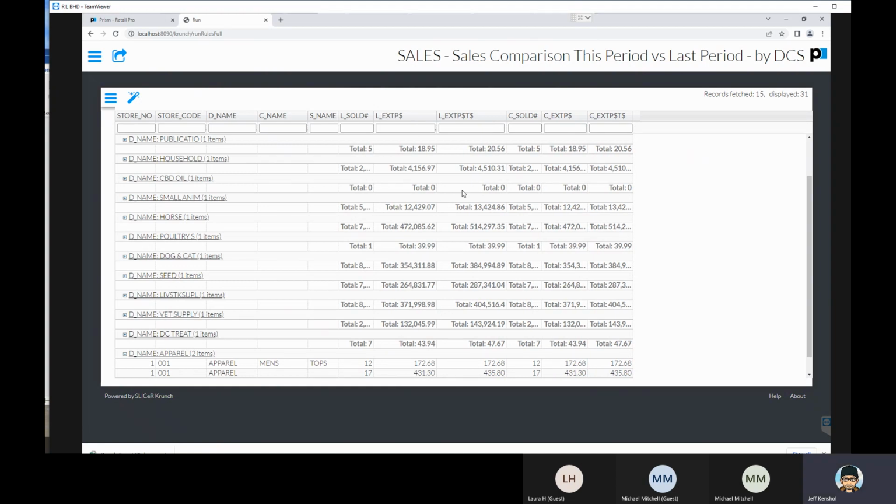So this is showing the, right. So I'm guessing that this is grouping it by department, apparel, right? And in my crappy data thing, I have two departments. I have basically just apparel and apparel men's tops, right? So if we had a better DCS structure here, we would have multiple DCSs under one master department, right? That's what we would have. It would make more sense in